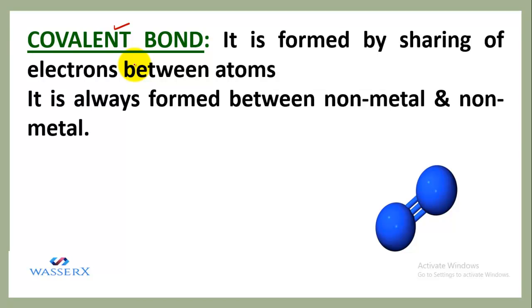Likewise, a covalent bond is formed between a non-metal and a non-metal. An ionic bond is formed between a metal and a non-metal, because in that bond one is going to lose an electron and another is going to accept an electron. In this, the bond is formed by sharing of electrons between the atoms. And we know that metals can always lose, right? So sharing can be done only by non-metals. So this is a mutual sharing done between a non-metal and a non-metal.